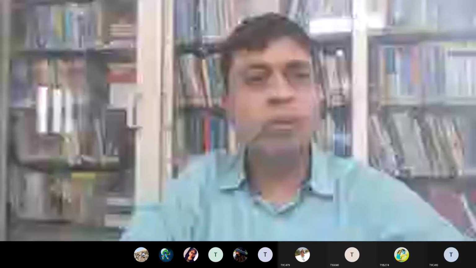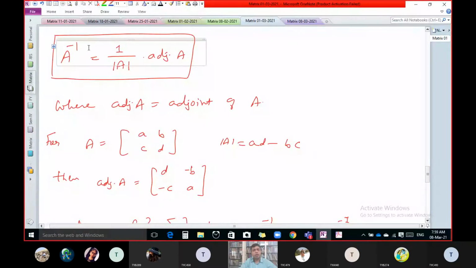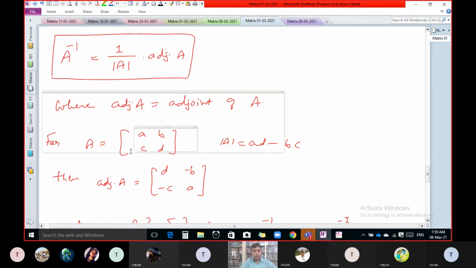Matrix, which is denoted by A inverse. The formula of that is 1 upon determinant of A into adjoint of A. For a 2 by 2 matrix,